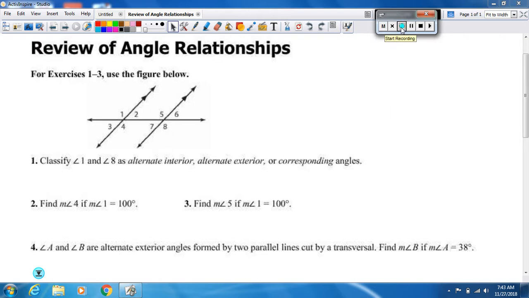Okay, for exercises 1 through 3, use the figure below. Classify angle 1 and angle 8 as alternate interior, alternate exterior, or corresponding angles. Well, 1 and 8,